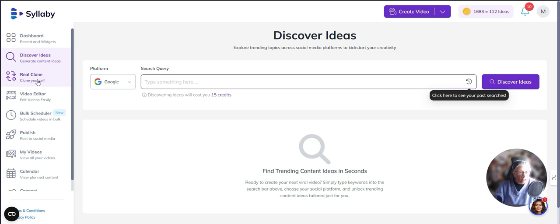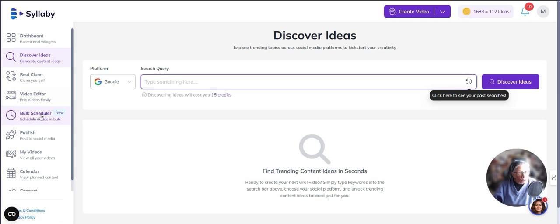You can clone yourself here. You can also clone your voice, and I cloned my voice and it came out super well. I was really impressed. They have a video editor so that you can actually do some video editing. If you don't have CapCut, you can do video editing right here on this platform. I use CapCut, so I don't use this video editor. So you have choices if you don't have those other tool sets. This makes sure that you have everything that you need and you don't have to go to external tools if you do not have them.